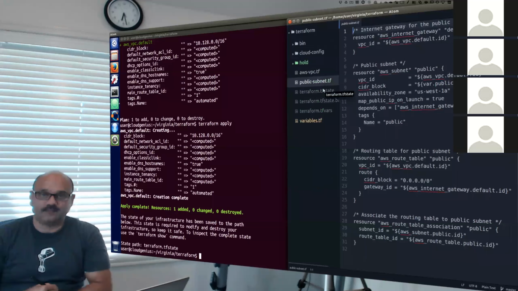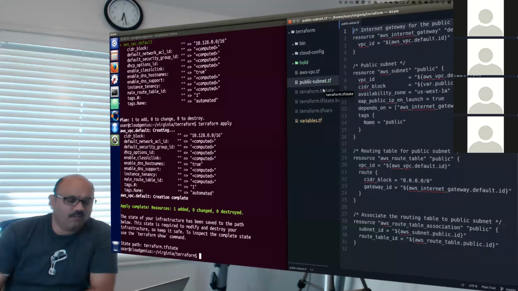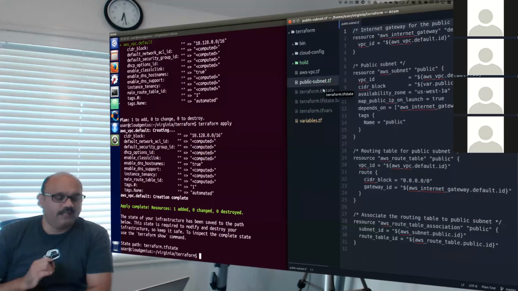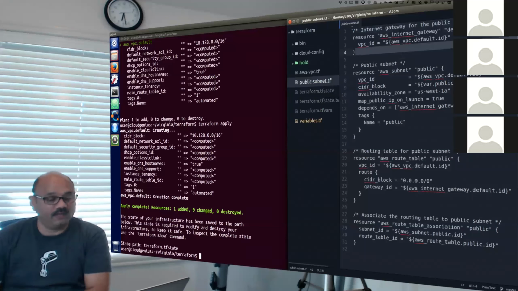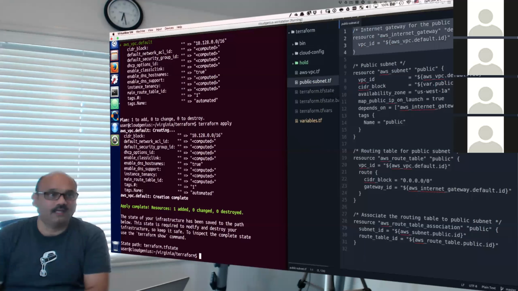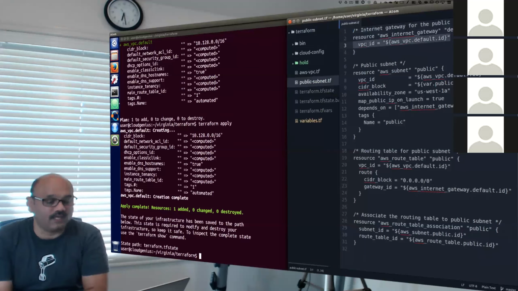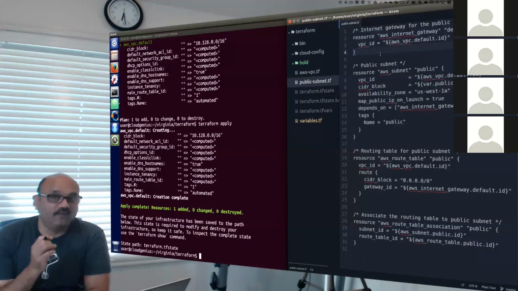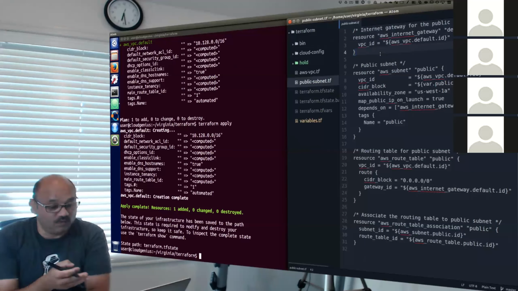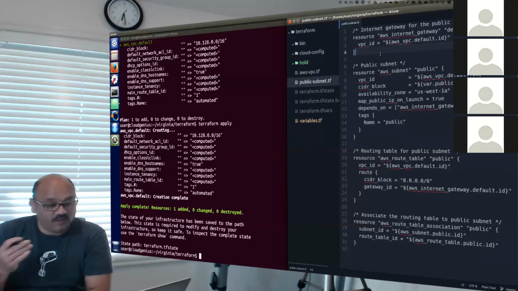Let us read this. So again, very simple, not complex at all. In this file, in the public subnet, as you remember from your hand manual exercise, you need a gateway. So we'll create a gateway in line number 3. Line number 3, which is specifically this line, I am going to create line number 3, get me the VPC ID for the VPC that you already have, that you already know. Terraform, you created a VPC. So get me a VPC ID.